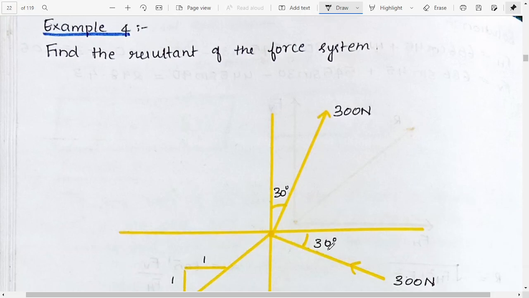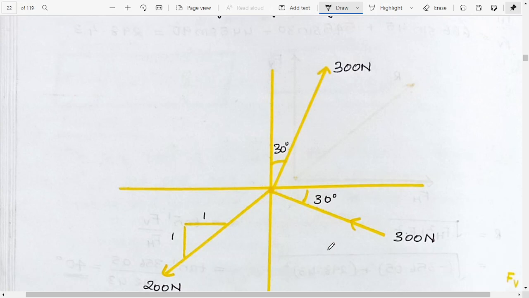So in this also we need to find the resultant of the force system. In this case we are given a force 300 Newton in this direction. Then we are given a force like this, but we are not given an angle. Then we have another force in this direction. If it is in this direction, we should first change it to this side. I know my drawings are not clear, but I hope you are understanding what I'm conveying to you,